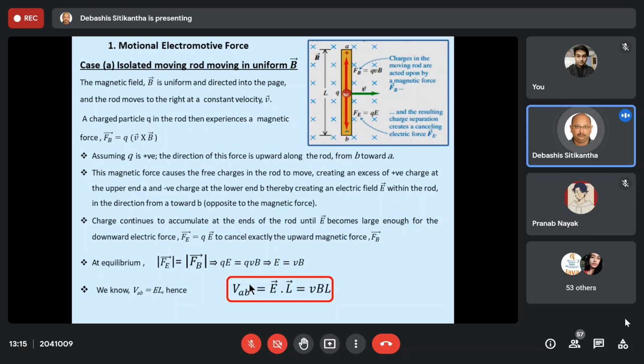Okay, fine. So basically what you can see over here, I have an isolated conductor with the ends as A and B, and it has a length of L. Now as you can see, the magnetic field is uniform and it is directed into the screen. Now when I start moving this conductor inside this magnetic field at some constant velocity V, let us say, you all know that whenever we move a conductor inside a magnetic field, inside the conductor we have positive and negative charges.